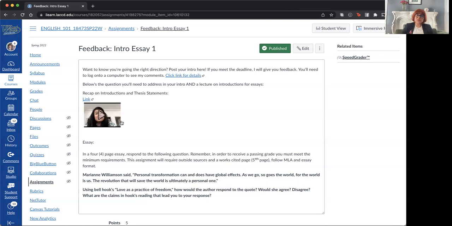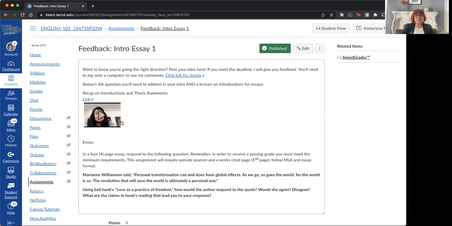Now, remember, in the previous assignment I asked you to read Love as a Practice of Freedom. If you haven't been able to finish reading it from beginning to end, I think it's like 5 pages, I would suggest that you do that because you're going to need to identify quotes from the whole essay. Hooks builds her paper, so if you are only using claims from the beginning of her essay, you're only going to be able to talk to part of her argument. You won't be able to include the rest of it. So it's very important that if you haven't had an opportunity to finish the essay, you take the time to do that.